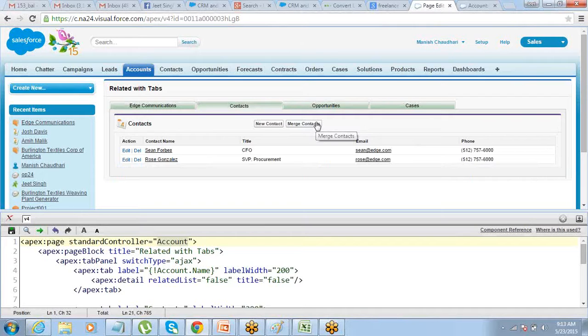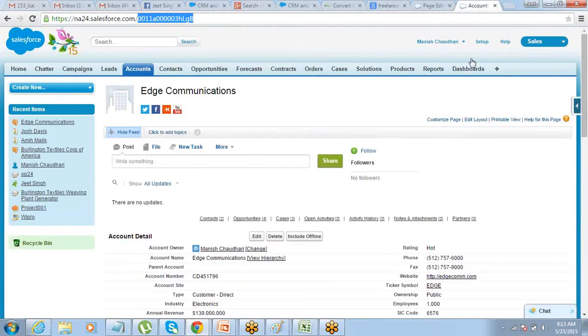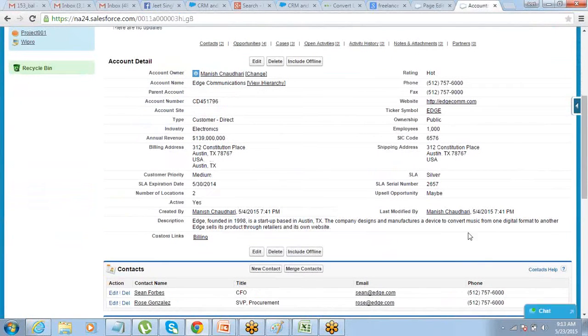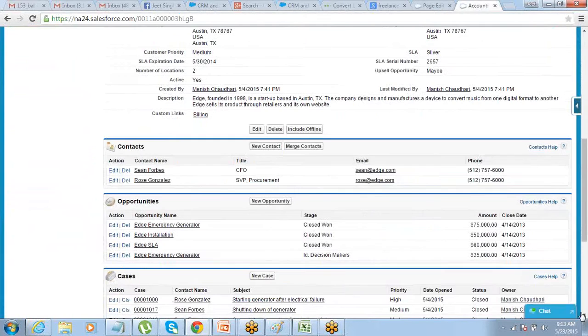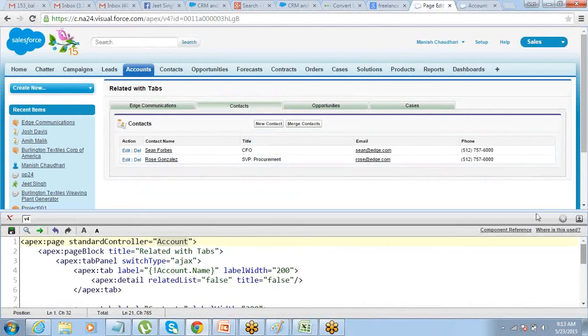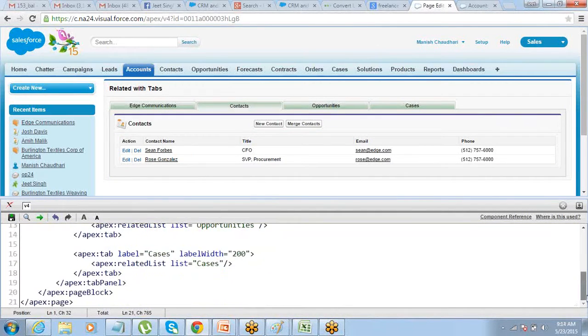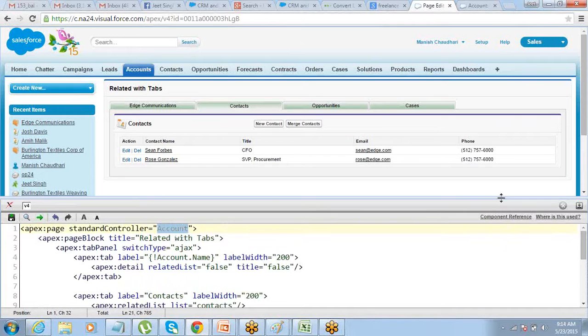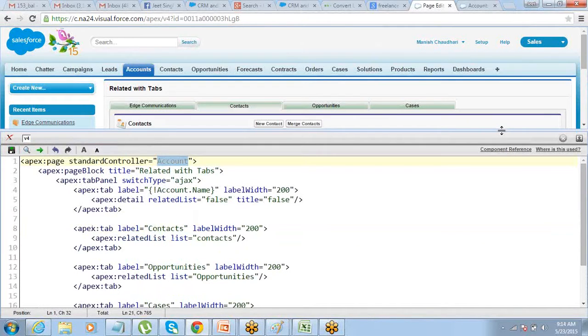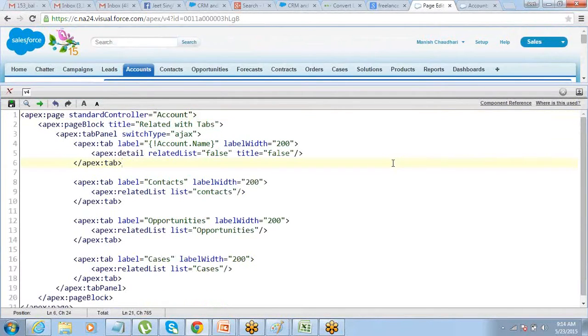However, through that account, if it's a related list, if it's a child record of the account, I can definitely do that. So if you see that in the standard page also, account details are there, and you have the related contacts and opportunities. So the same thing can be done on the standard controller as well. Clear? Please let me know if there is a question on this. Any doubts? You're okay? All right, great.